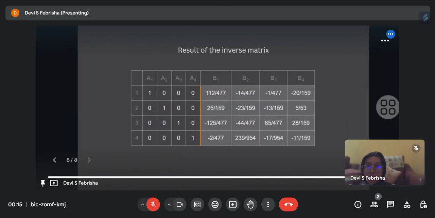We already have the matrix A, which used to be all numbers, turned into an identity matrix, and we have the result in the matrix B with all of these numbers. So that is the explanation that I make. I hope it is pretty